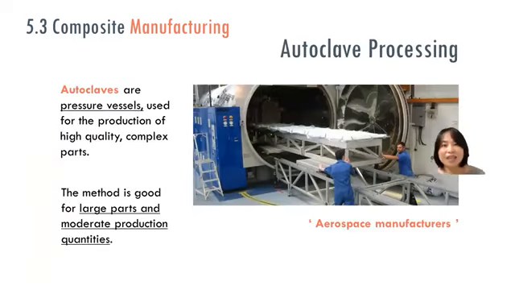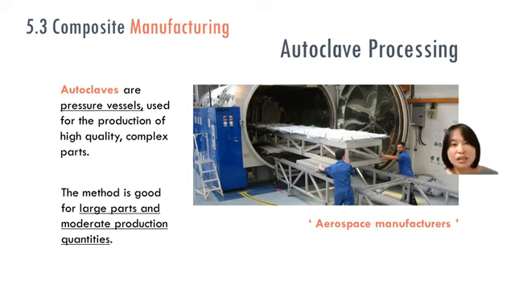Okay, another technique that I'm going to introduce to this class to make composite is autoclave processing. This processing is used mainly by aerospace manufacturers. An autoclave is a pressure vessel. Okay, and they are normally used for the production of high quality and complex parts. And it's good for large parts and moderate production quantities,